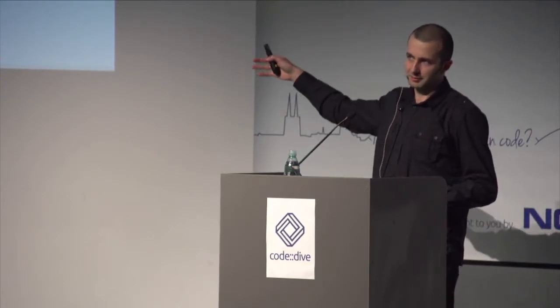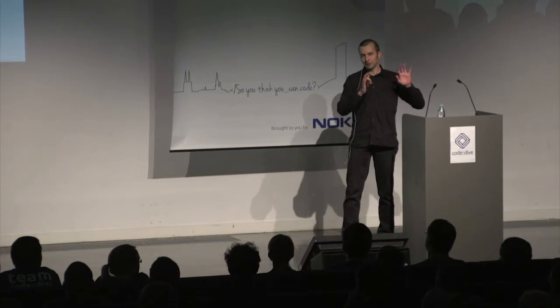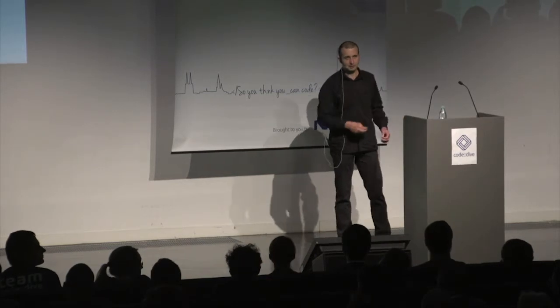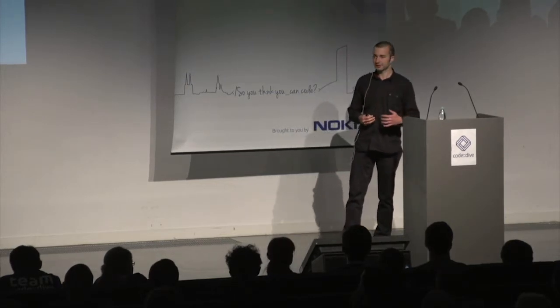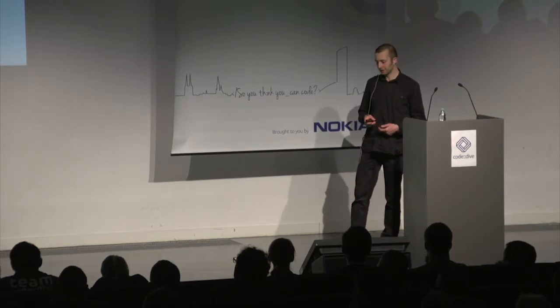And all these cases deal with contingency. So all those cases where you don't have access to another system or server, or the connection to the database is lost, or this is something unexpected, and this is where most of the time the bugs lurk. It's probably because those parts of code are most difficult to get right. Also, we tend to put aside the thinking about them and focus on the main program logic, so they get lost. It's not that easy to test them either, because sometimes you cannot emulate all possible things that can go wrong. So you may ship a program, and the bug may be there for years before it gets discovered.